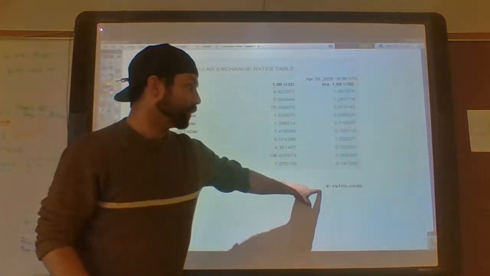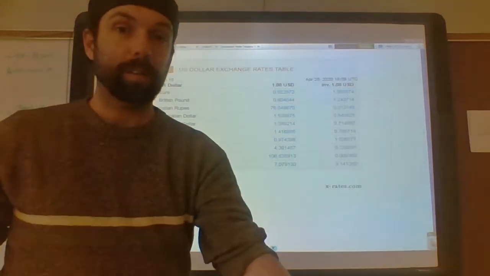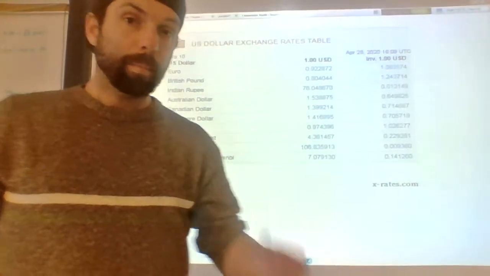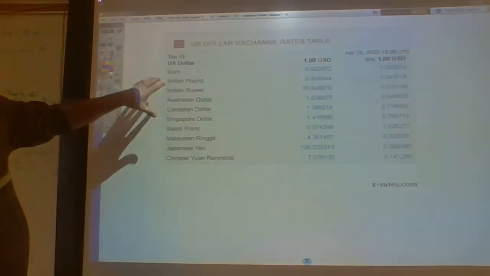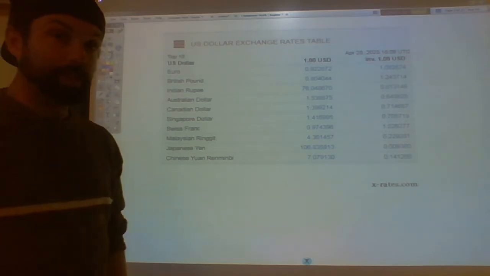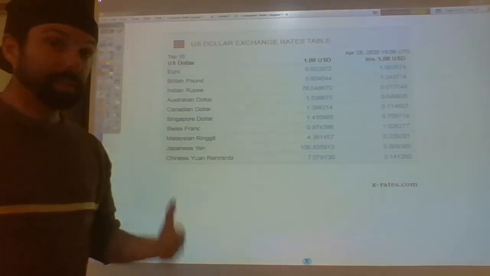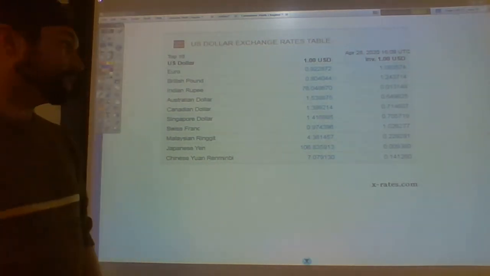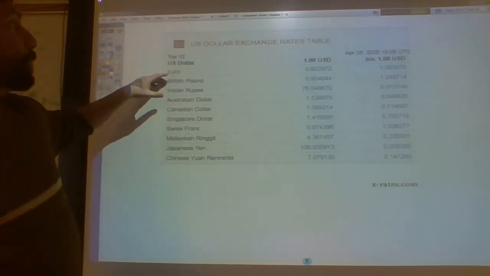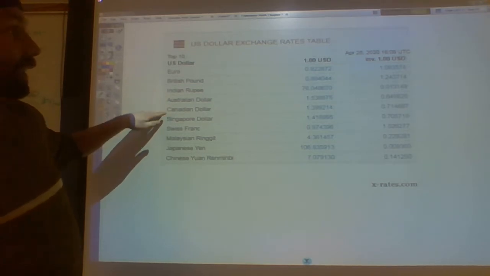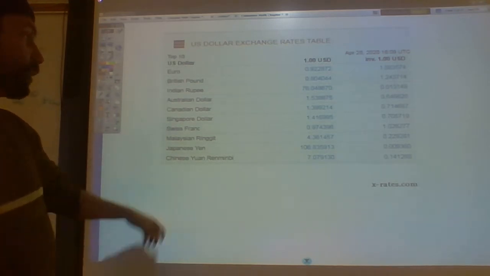This one is from xrates.com, and we get a table that looks like this. I don't know if you all will be able to see it in the video that well, but it looks just like the one that we're going to use in our activity for today. This is the top 10 exchange currencies when compared to the US dollar. I don't know how they figured that out, but these must be common currencies that people change dollars into. And we can see here the name of the currency on the left. We have the euro, British pound, Indian rupee, Australian dollar, Canadian dollar, Singapore dollar, Swiss franc, Malaysian ringgit, Japanese yen,